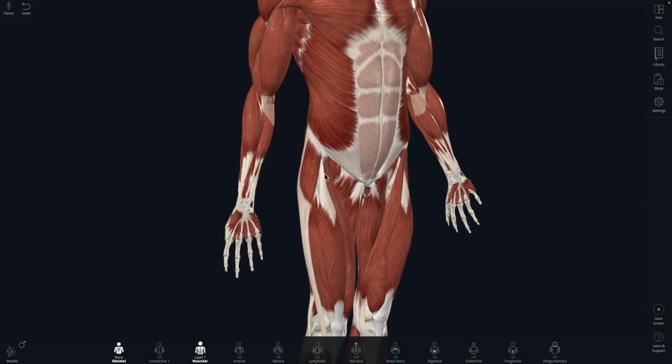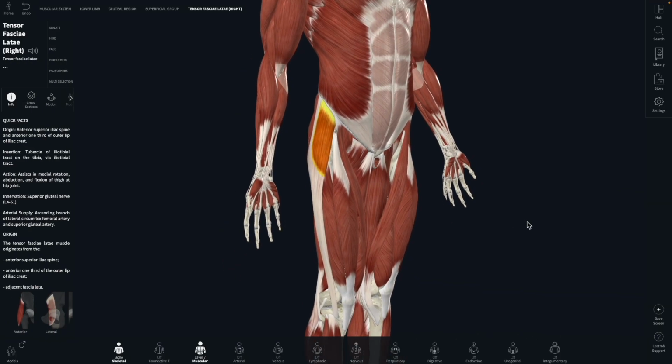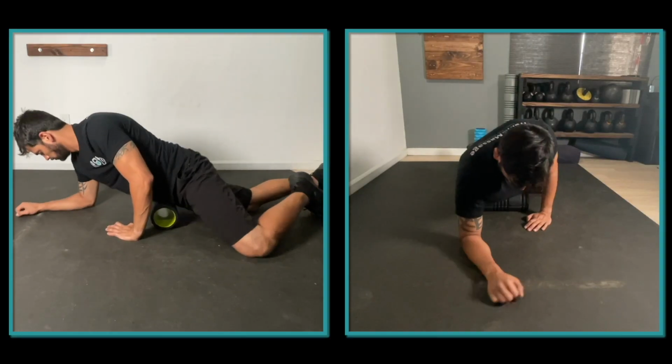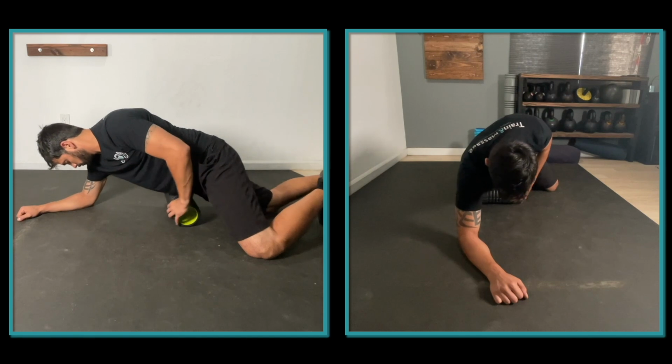Now, these next 4 muscles all contribute to tight hips and again can limit your mobility in your hips, which then makes your lower back take the brunt of the work. The first muscle is the tensor fasciae latae, also known as the TFL. To release the TFL, go ahead and lay on your quads, but from here, simply shift to your side a little bit